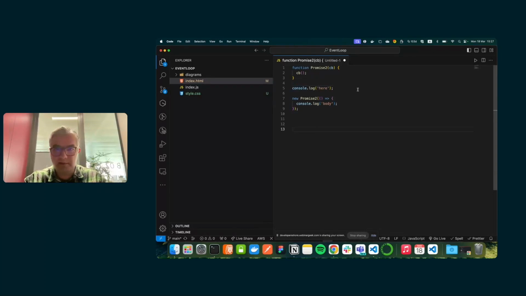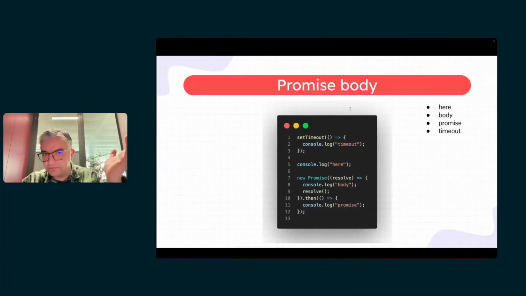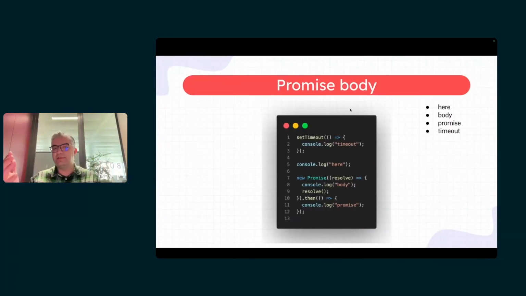Line 5, console log here. So first, here comes, and then it tries to create the promise2, which accepts a callback, and we are running the callback inside the promise2 function. So I guess you got the point of how a promise works.